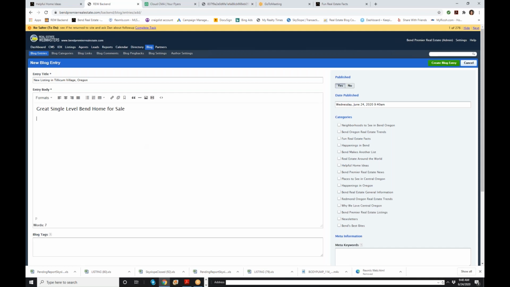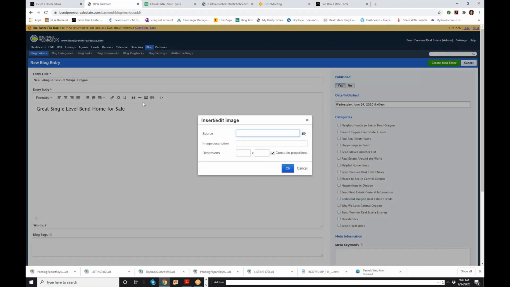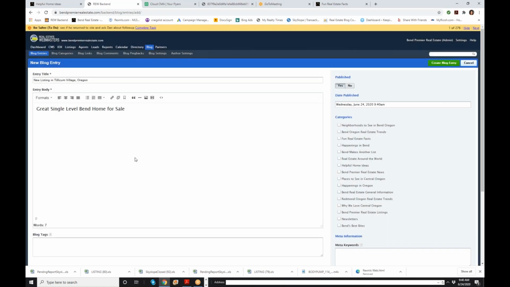Then I would probably be putting in a photo. I'd be finding that photo off my desktop. I load it up in here, and then I'd say something about my listing and give some specifics about it. Then I would be putting in my meta keywords: Tillicum Village, Oregon, great single level Bend home, probably the address, that would be another thing, the address. So all these things then would be pulled through, and at the point in time when you actually would be Googling about that, say you Google